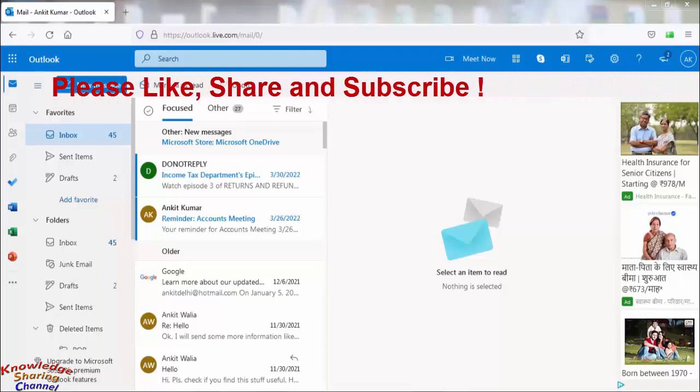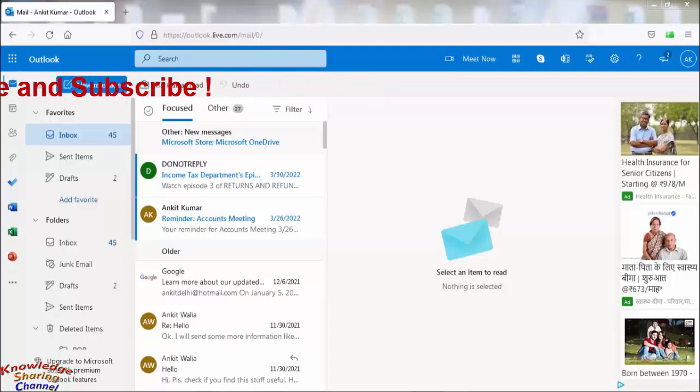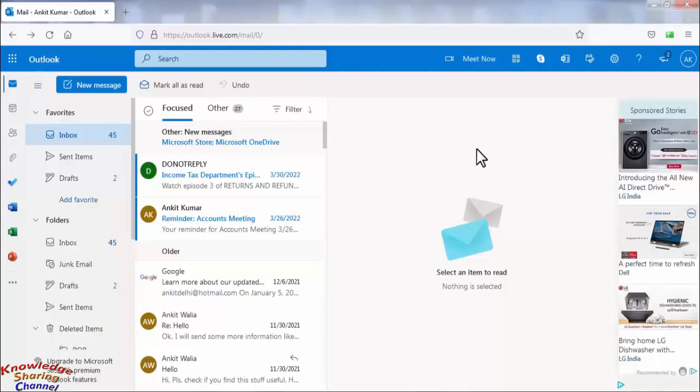Friends, if you are receiving an email regarding unauthorized login attempt or want to see the details of login devices, place or time, etc., then you simply need to click on the profile icon